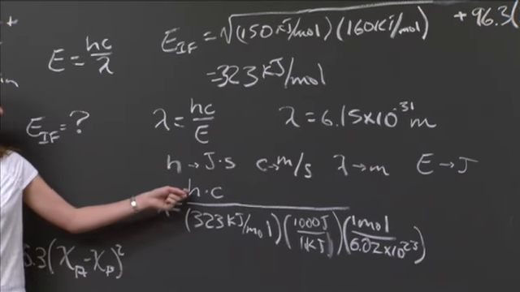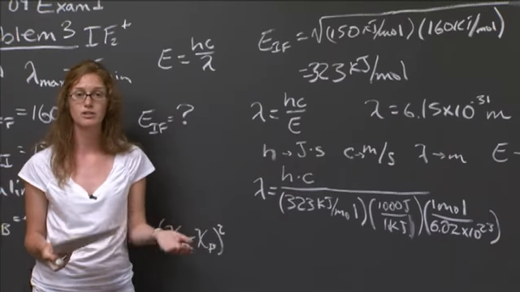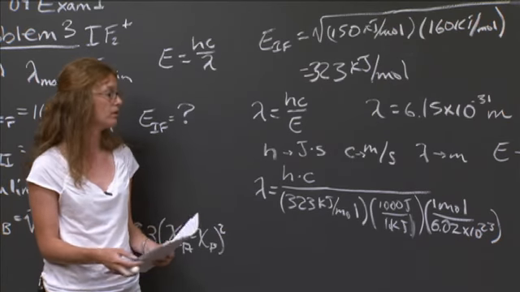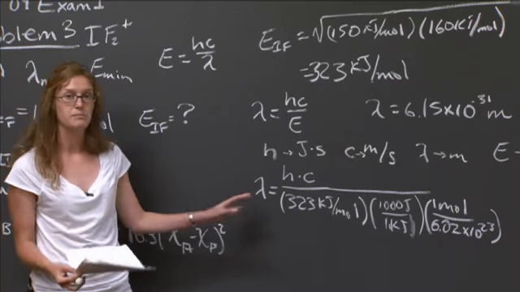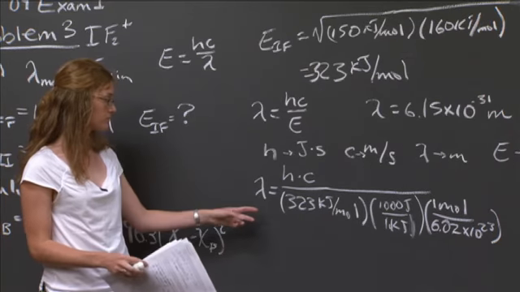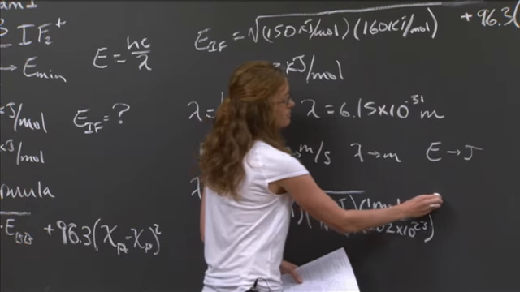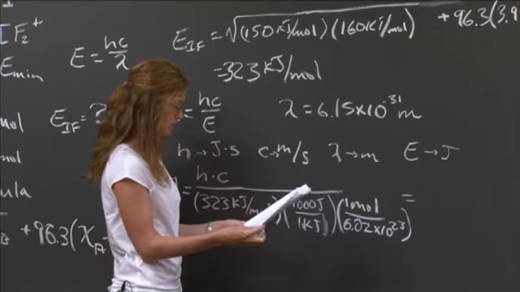And Planck's constant and the speed of light you should have on your equation sheet or some other resource that you have. You don't need to memorize those in most cases. If you remember to divide by Avogadro's number, you got